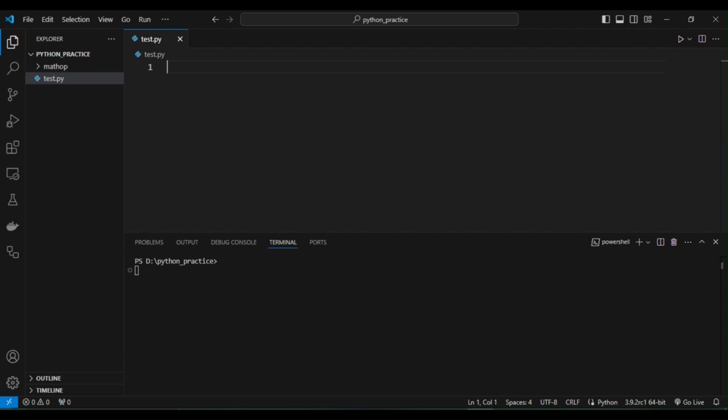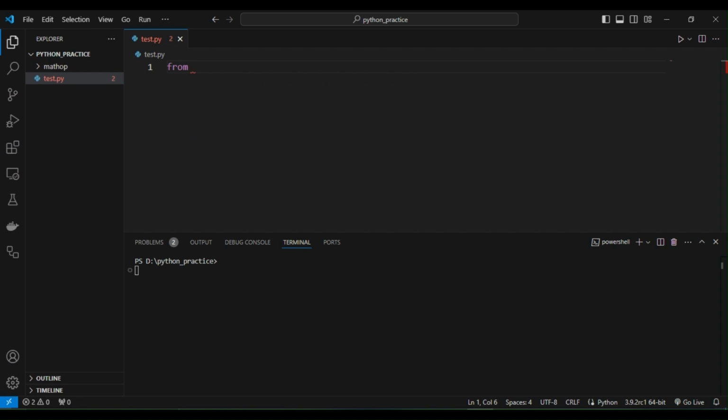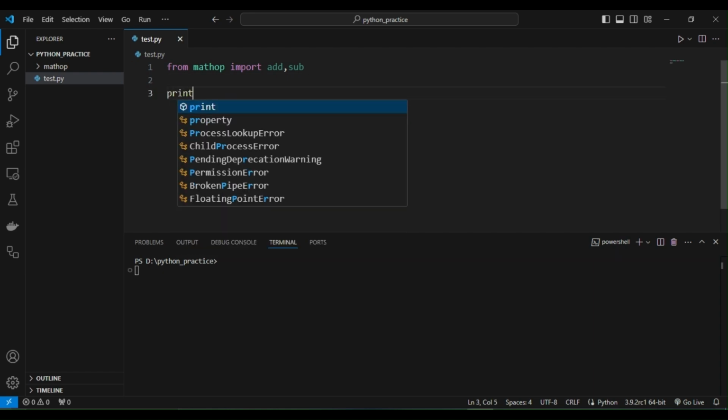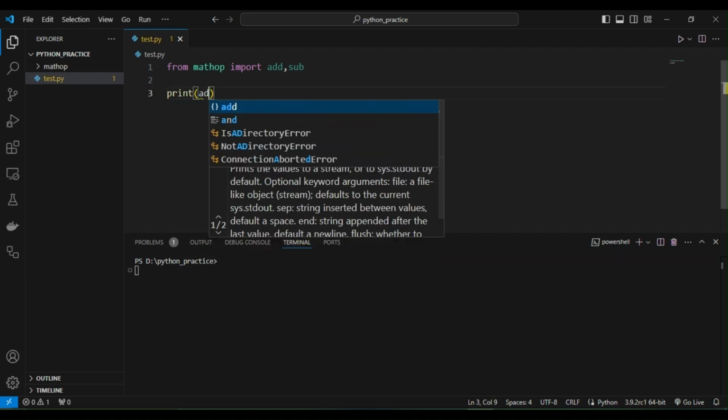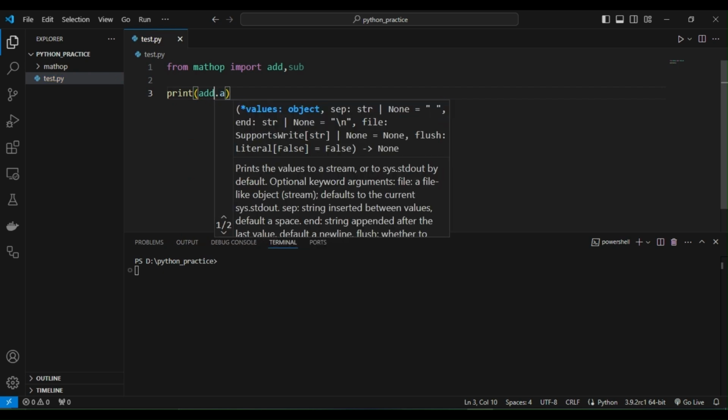Now I want to import this package. From this package I want to import add and sub module. So I will take here math_op. So this is the name of package. From math_op import add and sub. So these are my module names. And from these files I want to use, in add module we have defined variable a. So that we will take here